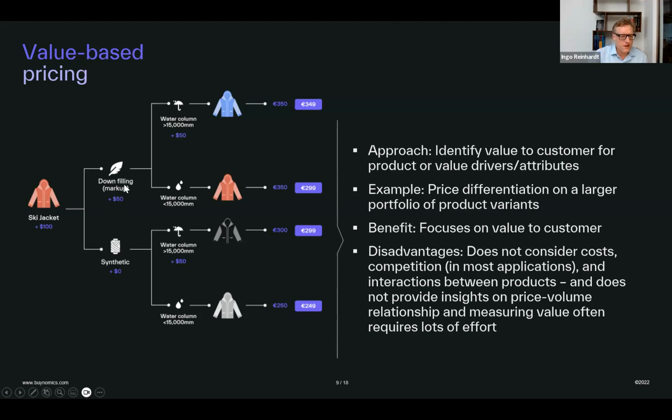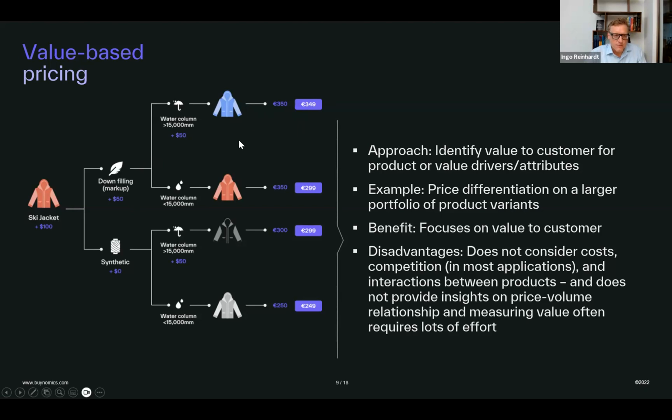And we have here this example with ski jackets that have different variations. So we have different fillings, down filling and synthetic filling, and it can be waterproof, more or less waterproof essentially. And what we've determined, let's say with some customer survey, is that a simple ski jacket has a starting price of $100 with synthetic filling here. With down filling, the willingness to pay goes up $50. With water column it goes up $50 again. So these are the preferences of the shoppers, and that produces in the end an optimal price for this particular jacket of $350